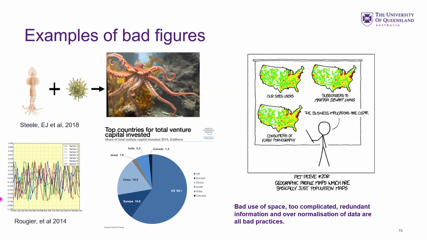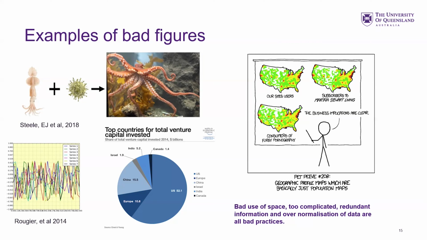The graph here is way too complicated. You can't even tell the color of the lines. Here, it's really hard to see some of the color differences. There's redundant things like a list of the colors here, but it's only one. And this last one over here is an XKCD comic, but it makes a really important point, which is